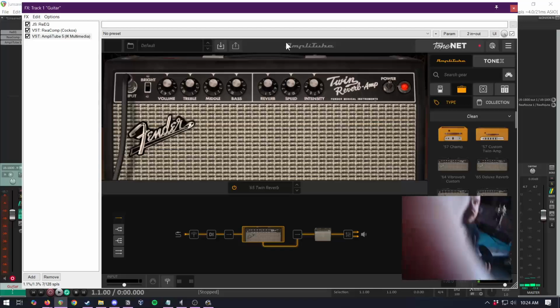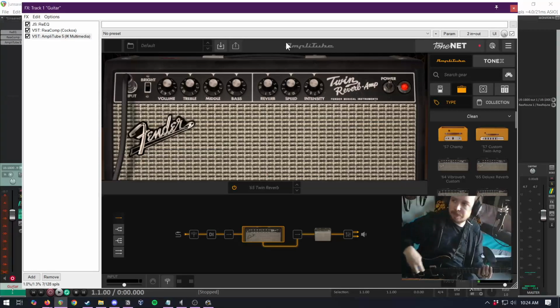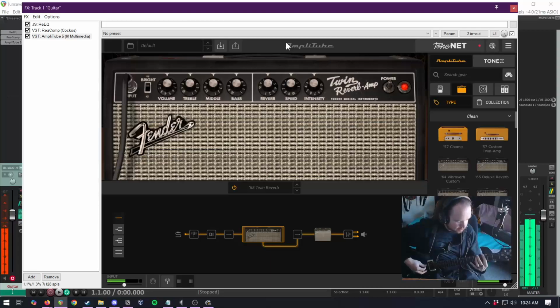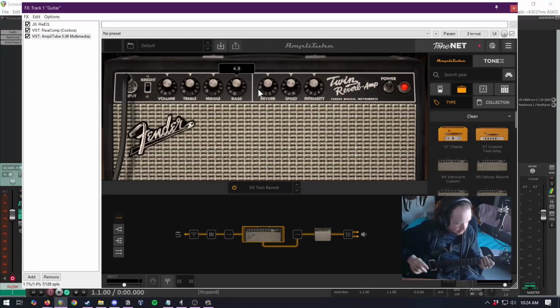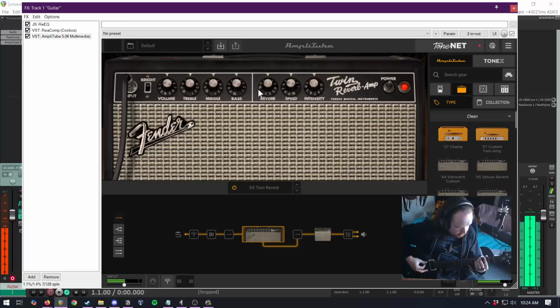Maybe I should try to position this downwards a little bit. There, now you can see more of my guitar. So. Alright, let's maybe a little lower on the bass. Alright, so